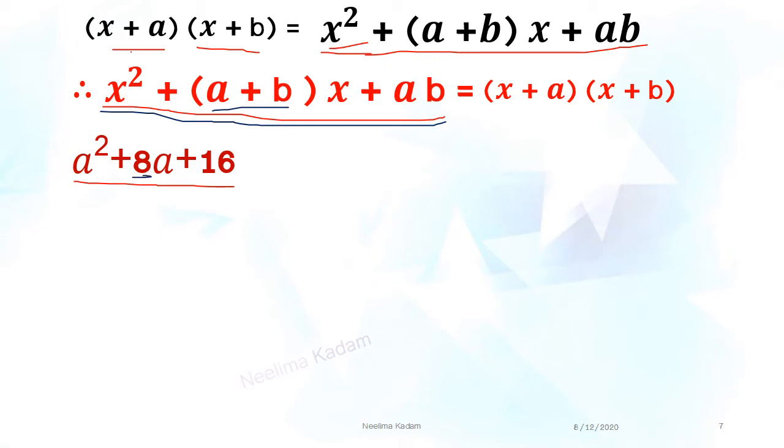8. Right. First term x, here also x. So first term a, here a. Therefore we will get a plus b equal to 8 and ab means here we will get ab is equal